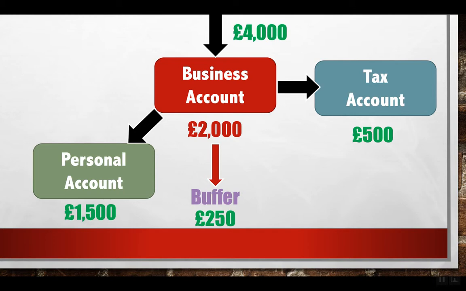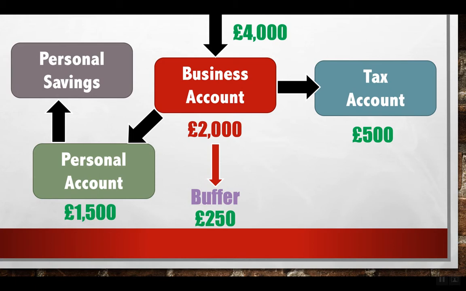If you then want to add an extra layer on top of this and start working towards like saving for a house, your first mortgage, a car, something like that, what I would suggest is then plugging in a fourth account that's linked to your personal account. And this is just a personal savings account. Many of you might already have these. It might be in the form of an ISA or just a normal savings account. And what we're going to do there is portion off some of the money that you've paid yourself into a savings account there. So again, just for purposes of this example, I've put £500 there,